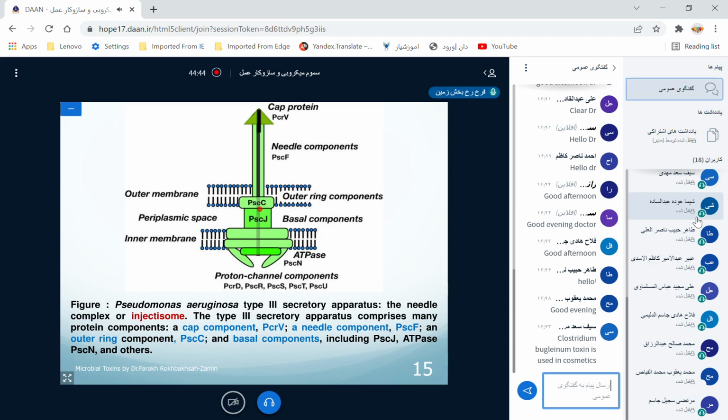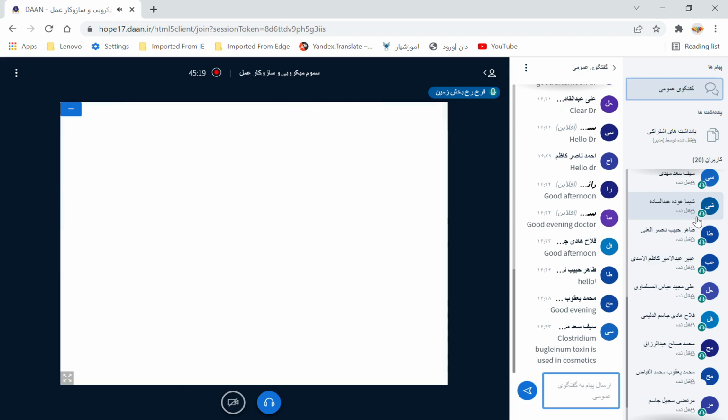It is working for attachment and sending excretion. By what? By this needle component. And at the head, it has a cap protein, and here is hollow. Exotoxin comes from this hollow place, and then by this directly